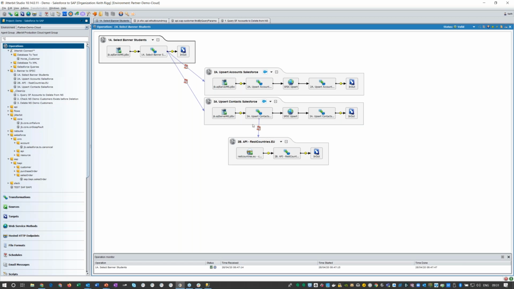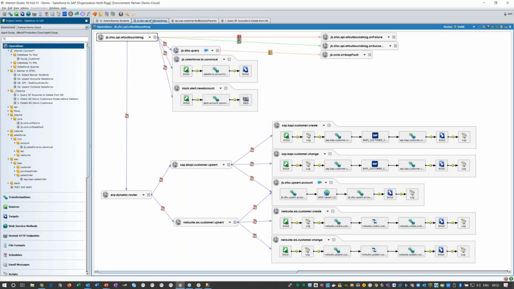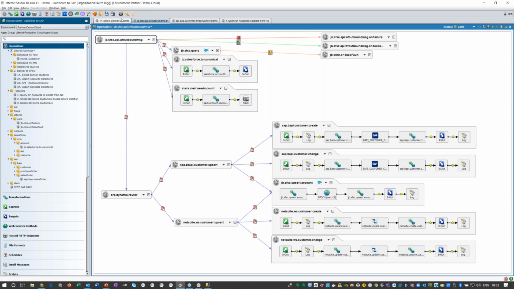The first step is this operation chain on screen. This is the bit which does the data load from SQL to Salesforce. And then once it triggers the outbound messages, the event-based piece, it hits this webhook API here. I'll come back to this in a moment.